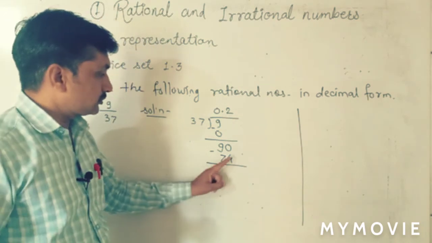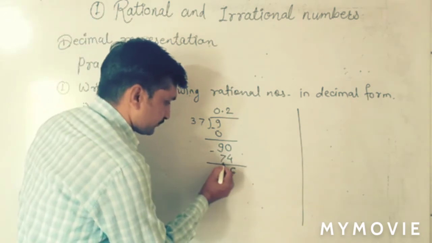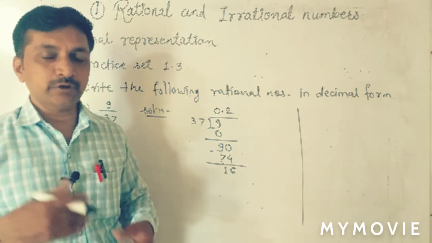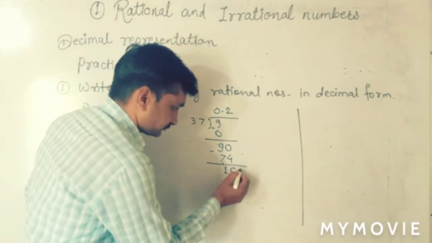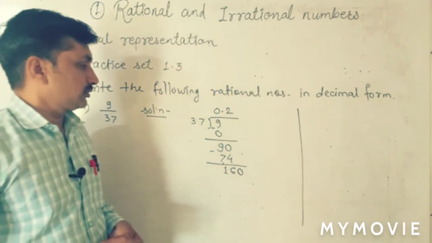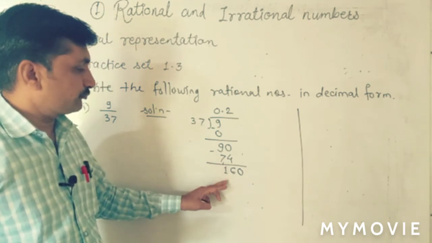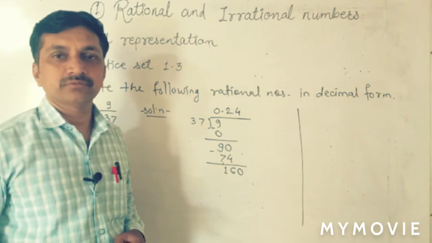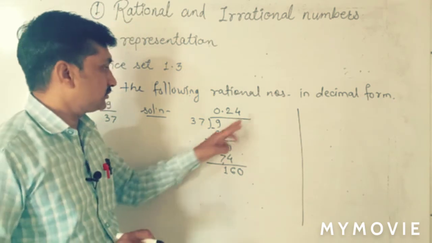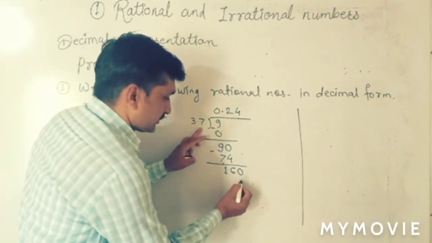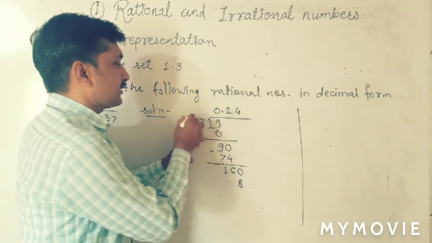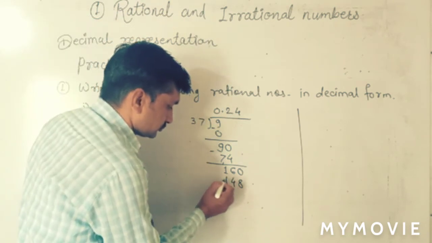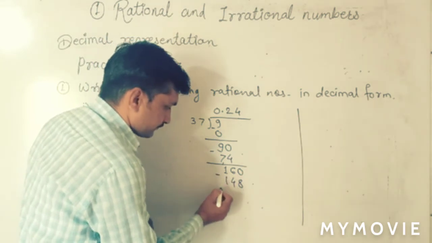Now subtraction, 10 minus 4, 6 and here 9 minus 8, 1. We get 16. Again we have to continue by taking 0 on that. Then 37 4s are. We have to check. If that is smaller, then we will take that. 4s are. 7 4s are 28, 2 carried over, here 144, 148.